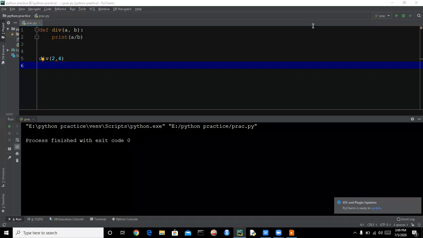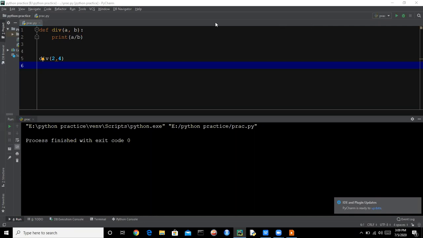So now this is where the decorators come into the picture. So let's try the decorators. How can we create a decorator? For creating a decorator function, we are creating a decorator function here. Let's say it is div decorator, and we need to pass the function here in the parameter.